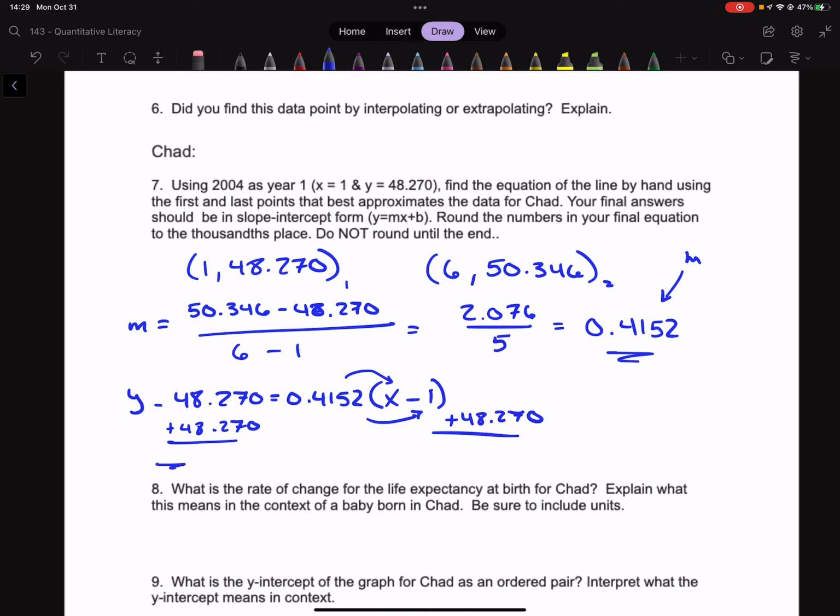What do I end up with? y equals 0.4152x, and by the way, there's an x here, plus, let's break our calculator out, 48.270 minus 0.4152. And I end up with